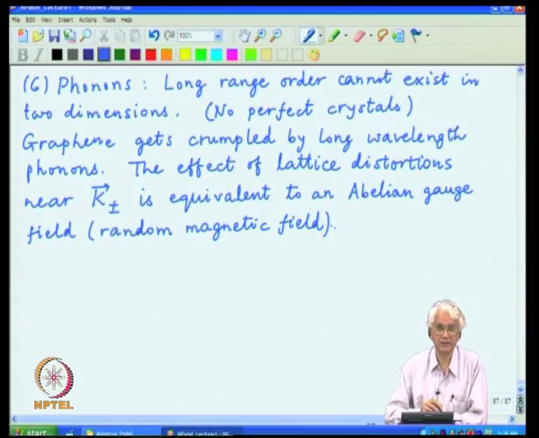The distortions are uncontrolled, and that is why the magnetic field does not have a specified direction. It can occur randomly, but the effect is having this extra random magnetic field at